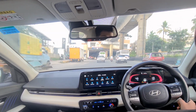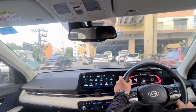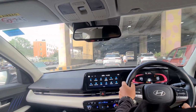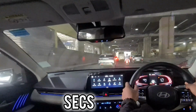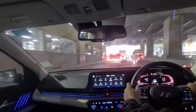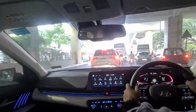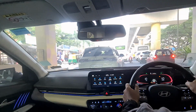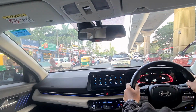Talking about the 0 to 100 speed of this car, the SX IVT takes around 9 seconds, whereas the DCT top end takes just 8.1 seconds, which is very quick. If you're buying this car for city rides as well as casual highway rides, then the 1.5 non-turbo will do the job. But the real driver enthusiast engine is the 1.5 liter turbo GDI engine that has lots of power and lots of pull compared to the